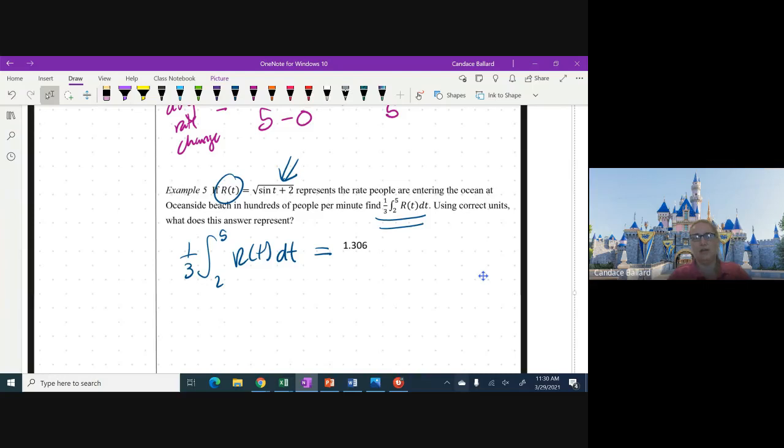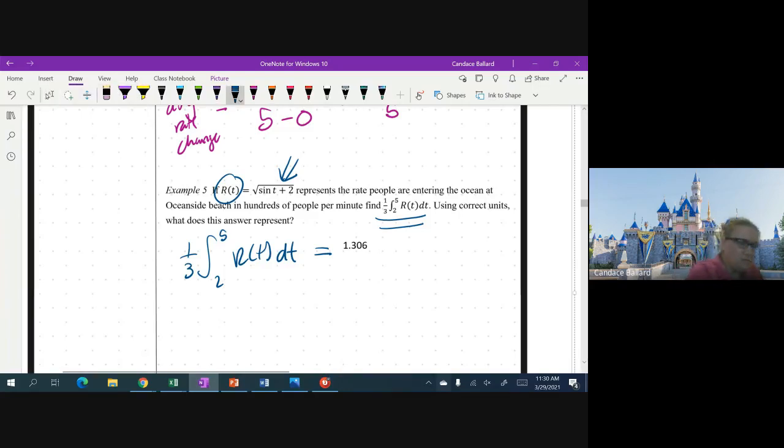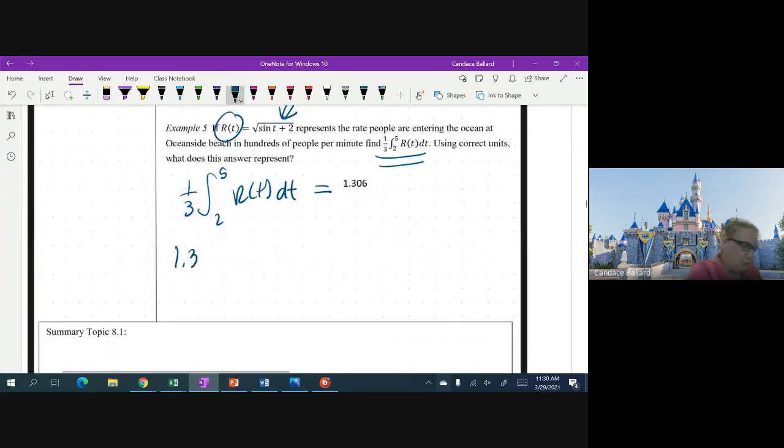What does this answer represent? So we're going to go back to what the context of the problem says. We're going to say 1.306 is, and let's go back to what it says. It says the rate people are entering the ocean, but we know when we had that 1/3, that's representing the 5 minus 2, right? So when you see that fraction out front, that means it's average, okay? So we're going to take these words of the problem and put the word average in front of them. So is the average